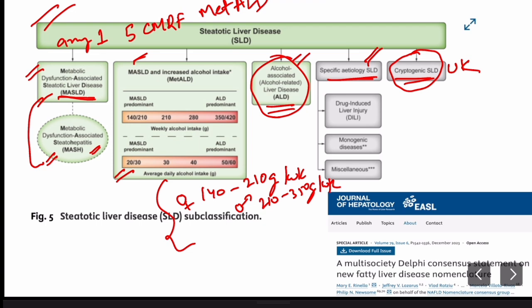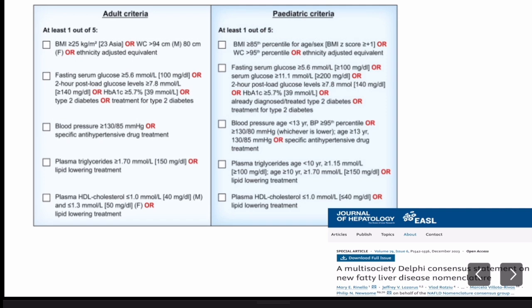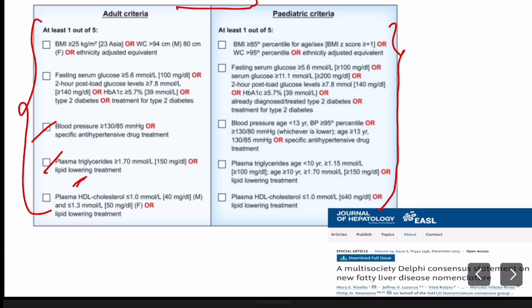And earlier it was known as fatty liver. Now it is called steatotic liver disease. Now next is the cardiometabolic criteria that is important to diagnose MASLD, because the patient should have hepatic steatosis along with that one of these 5 cardiometabolic risk factors. And these factors have also been defined in the pediatric age group, because we know that in the pediatric age group also these metabolic disorders have become very common. So in the adult criteria, the criteria are there for the BMI, waist circumference, fasting blood glucose, blood pressure, plasma triglyceride levels, and then HDL cholesterol levels. So you can just go through this list.